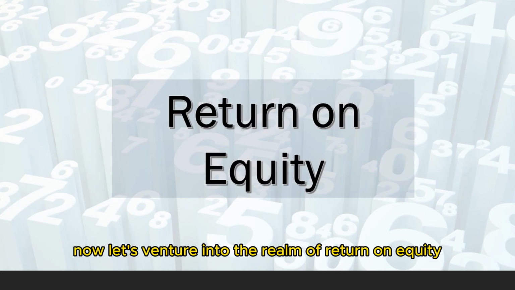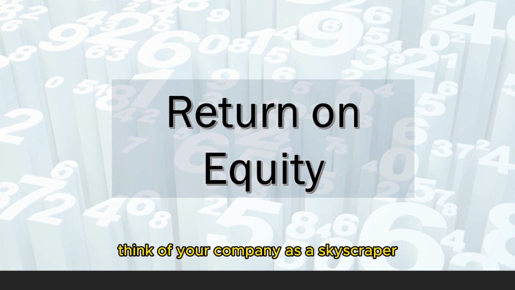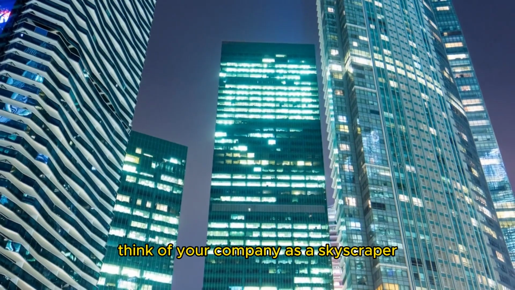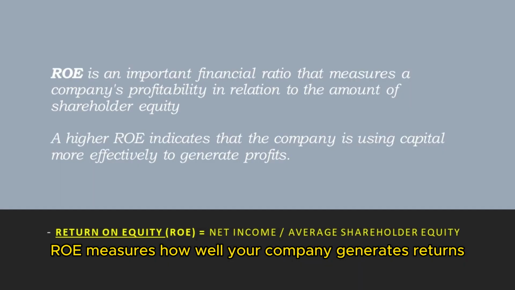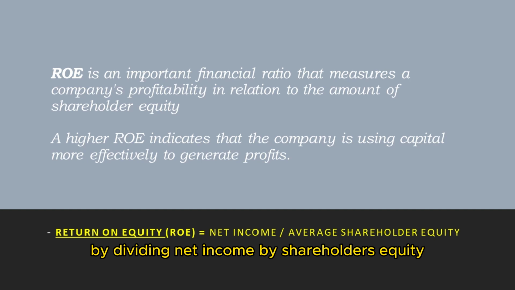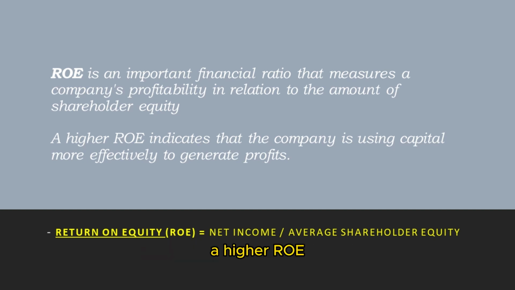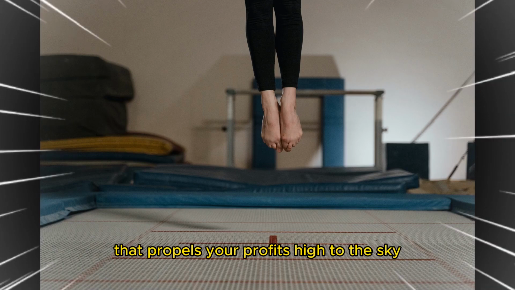Now, let's venture into the realm of return on equity, or ROE, the heavyweight of profitability ratios. Think of your company as a skyscraper, and each floor represents an equity investment. ROE measures how well your company generates returns for its shareholders' investments. By dividing net income by shareholders' equity, you'll unveil the multiplier effect. A higher ROE indicates efficient allocation of resources, turning each investment into a financial trampoline that propels your profits